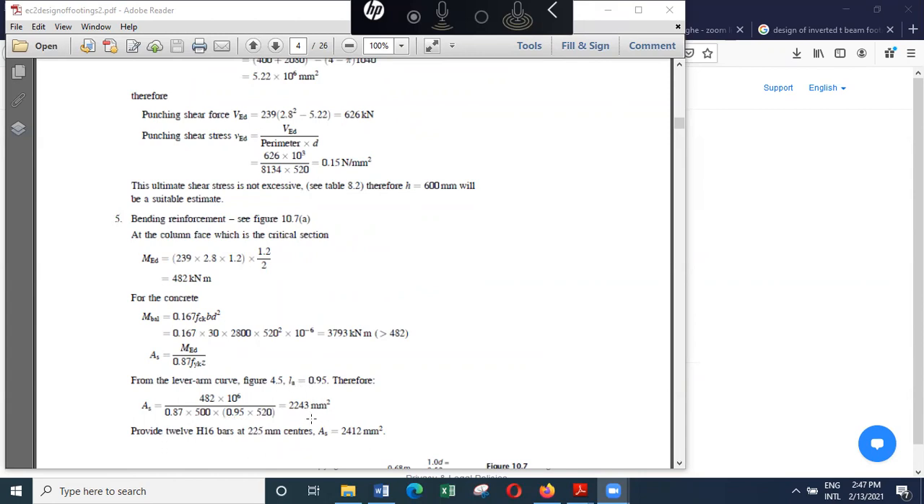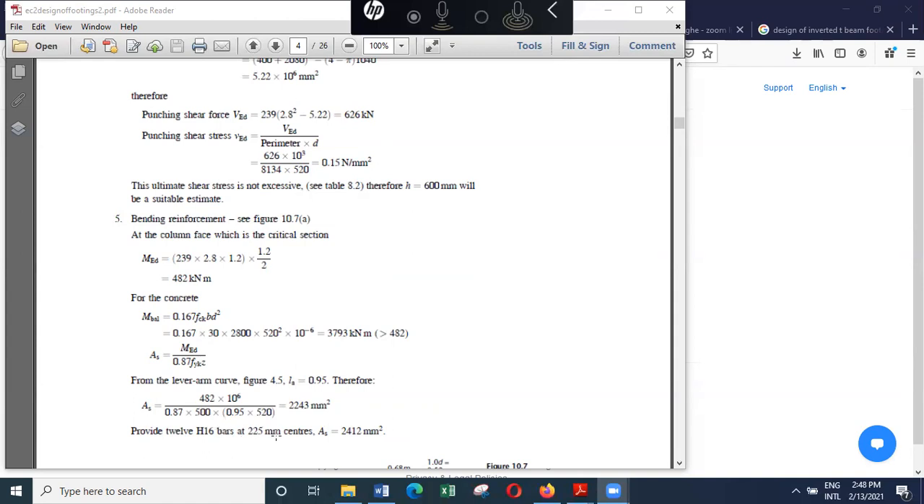Then we need 2,243. And if we are using a 16 millimeter bar, the area is 201. So we need about 12 bars. And 2,700 divided by 11 will give us a spacing of about 245 millimeters. So basically you might end up with 12 bars or 13 bars, but the spacing will be something like